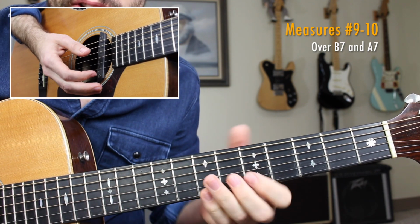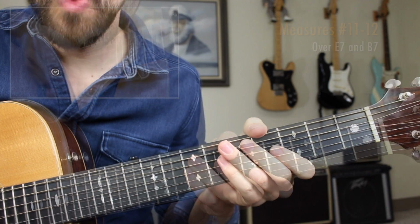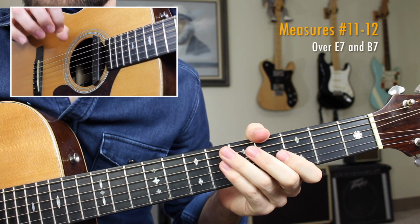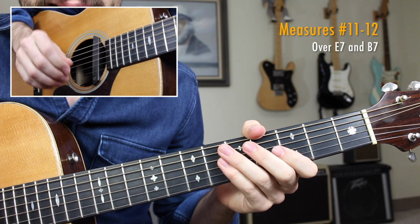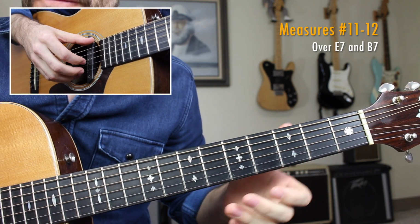Alright, now we're ready to move on to the final line of tablature for this 12-bar blues routine. Okay, jumping into our final segment now, an outro turnaround over a measure of E7 and a measure of B7, followed by a close-in lick. Real slow, it's going to sound like this. A 1, 2, 3, 4, and...